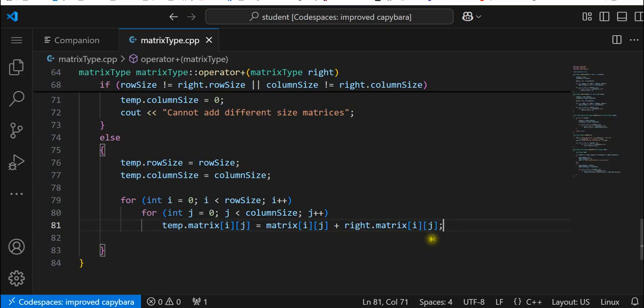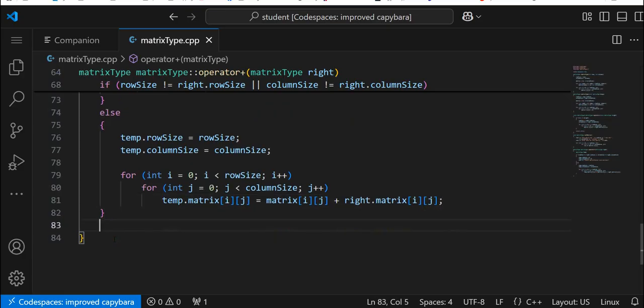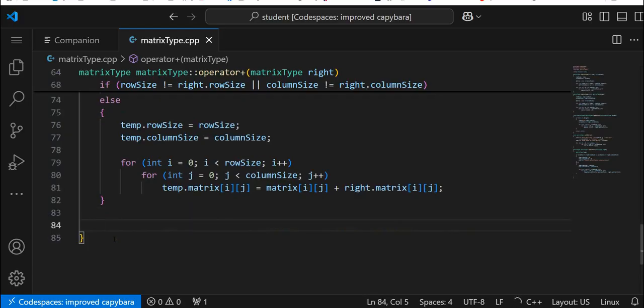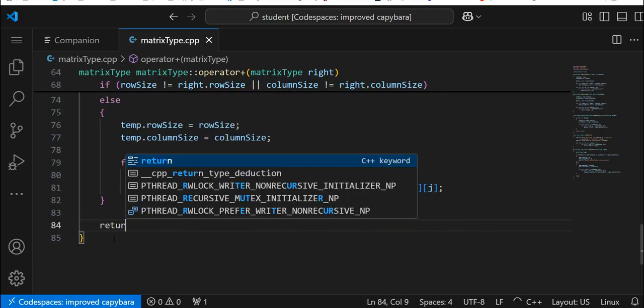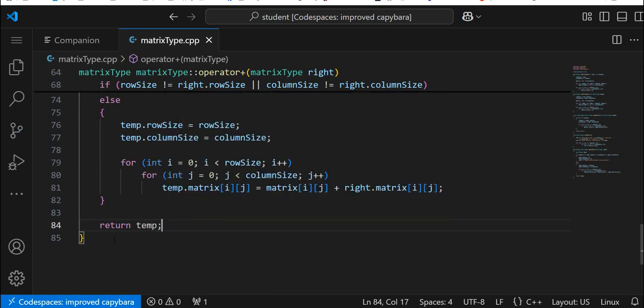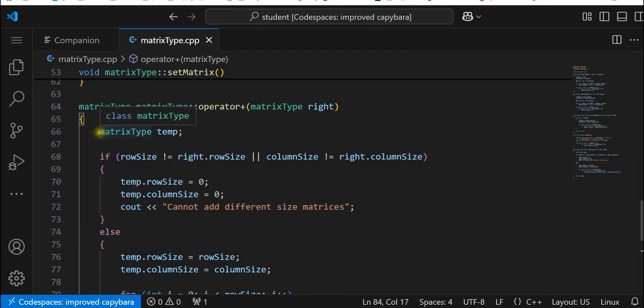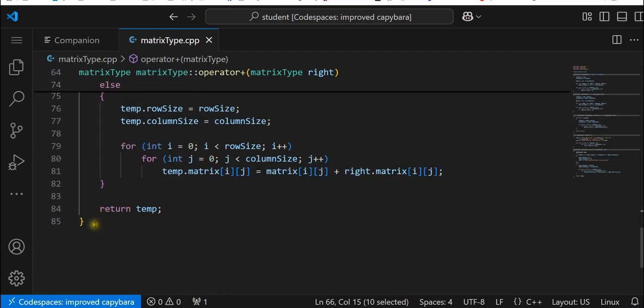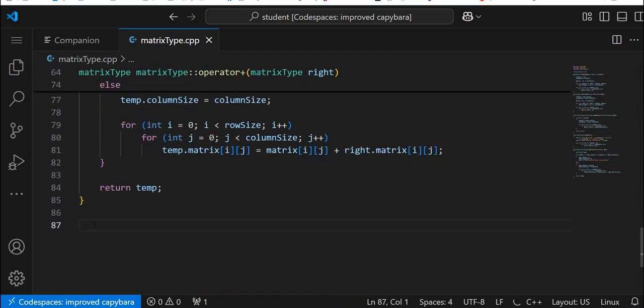Alright, so one thing here, let's move that space and go right up to this bracket. And let's space again and return temp. Right. And I need my matrix type. Where you at, matrix type? So we do. So copy that, and let's go down to our next function. We'll do that on 87. And let's go matrix type. We're going to copy and paste